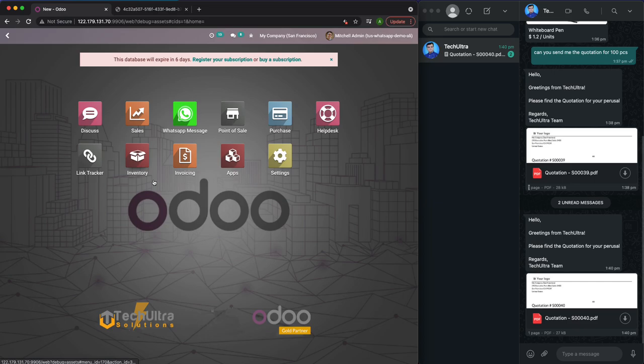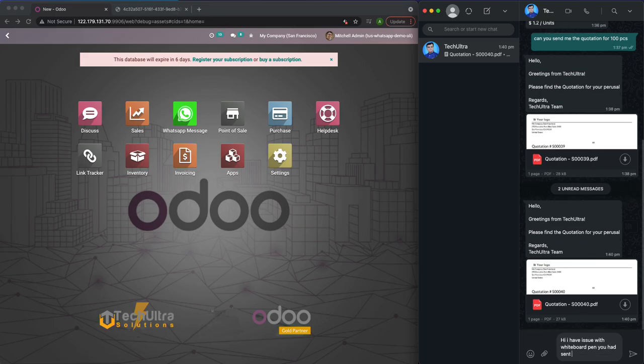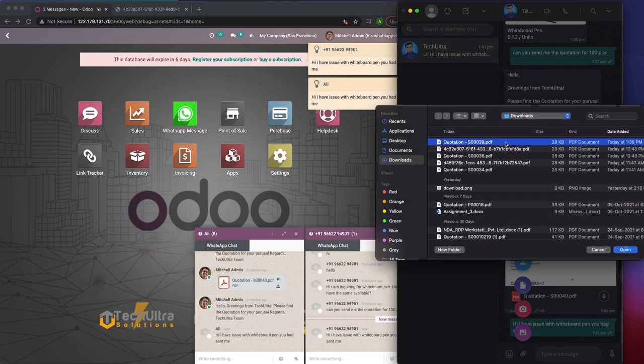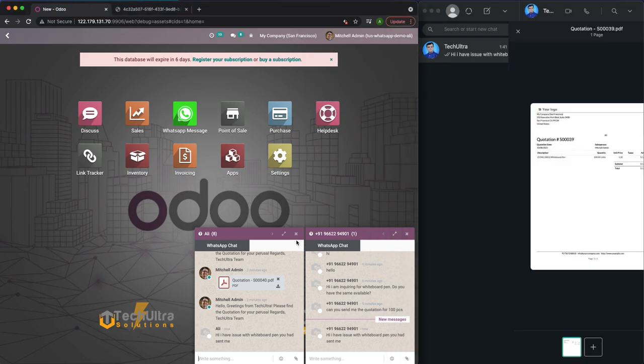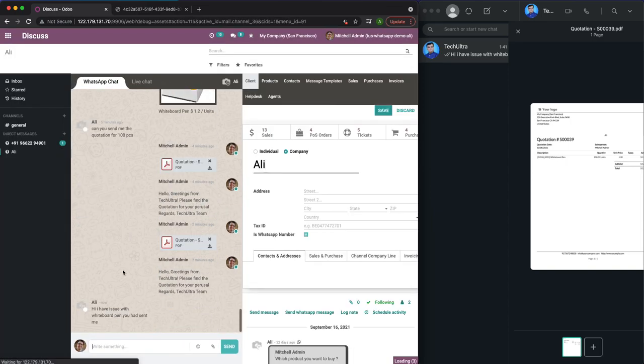And one more thing, with regards to customer relation, for example, if the customer is having any query, let's say, and if the customer is sending some details along with this, any attachment about the product for which they are having any complaint, so the agent can go to Discuss over here.